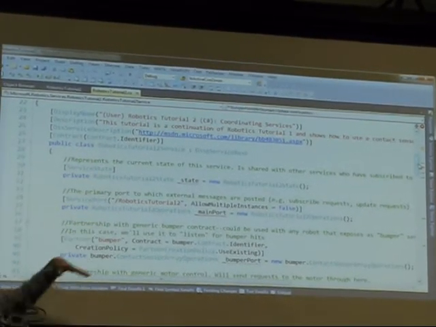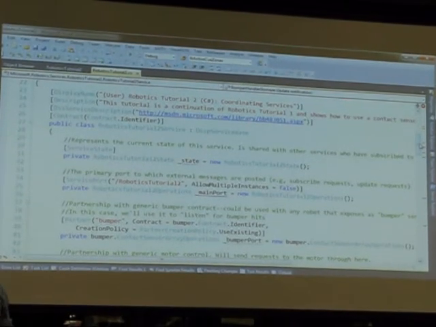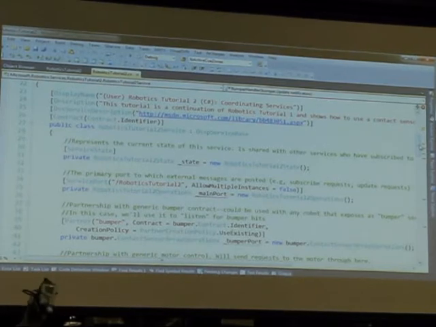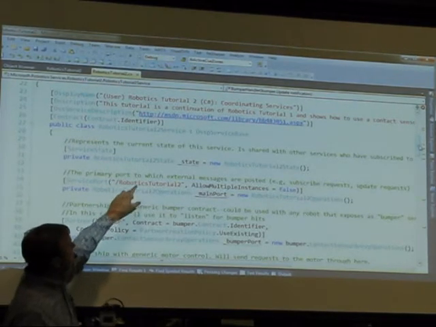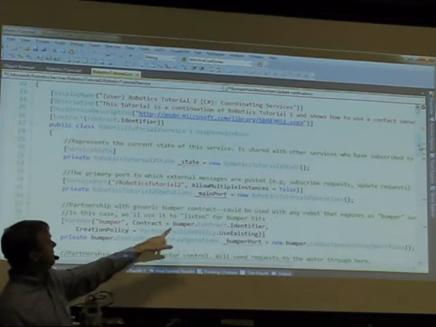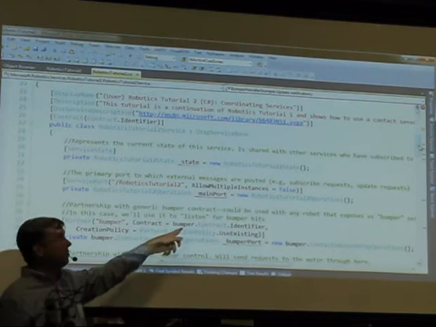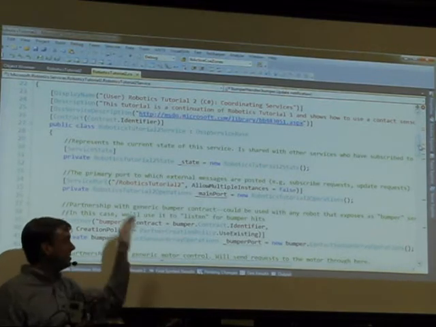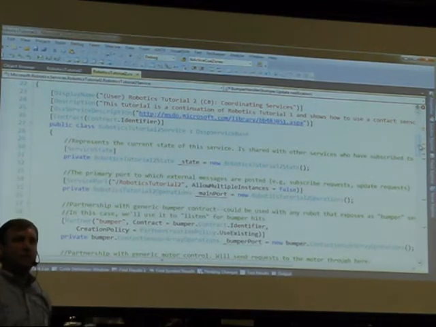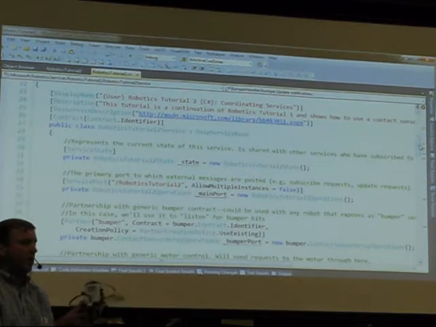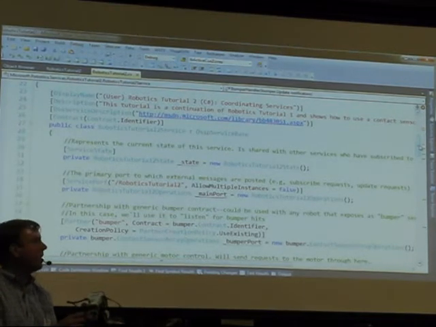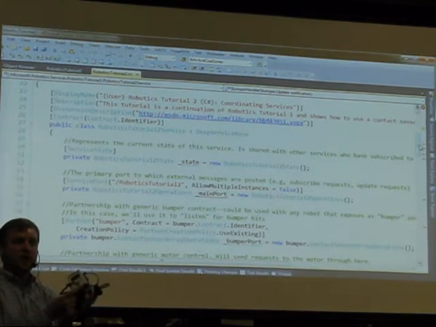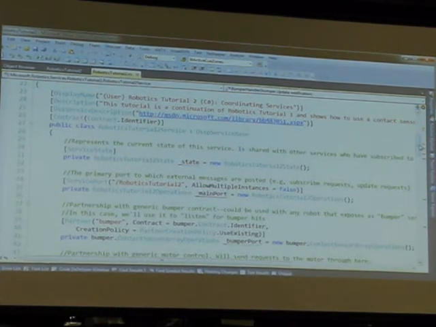So we need to subscribe to the services. What was provided out of the box with RDS was the notion of a bumper service. I don't really know what this bumper service does. All I know is I'm going to subscribe to it, and somewhere in the bowels of RDS and the NXT service that Lego wrote for RDS, the bumper service is going to send me a signal when this thing is touched. I don't care how it works.